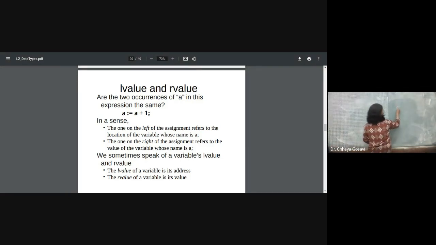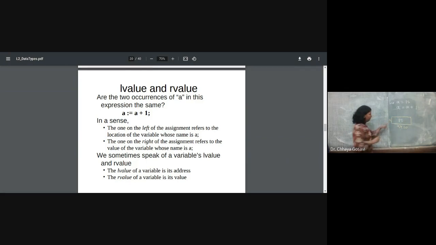So here the expression is a is equal to a plus 1. Suppose the value of a is say 15. So when you define integer a equal to 15, memory is allocated to a, 2 bytes, say x10, and its value is 15.